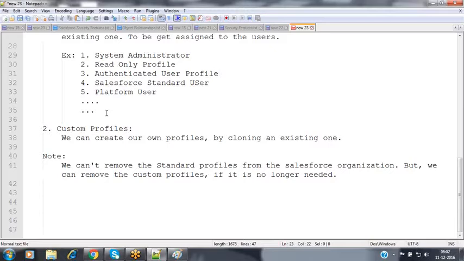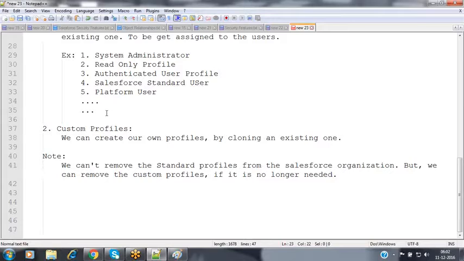A custom profile belongs to yourself. You are the owner, so you will have full control to modify whatever features you want, not only up to some extent, but all the features available inside that custom profile. That flexibility will be there. As the owner of that profile, I have full control and can do whatever I want with it.